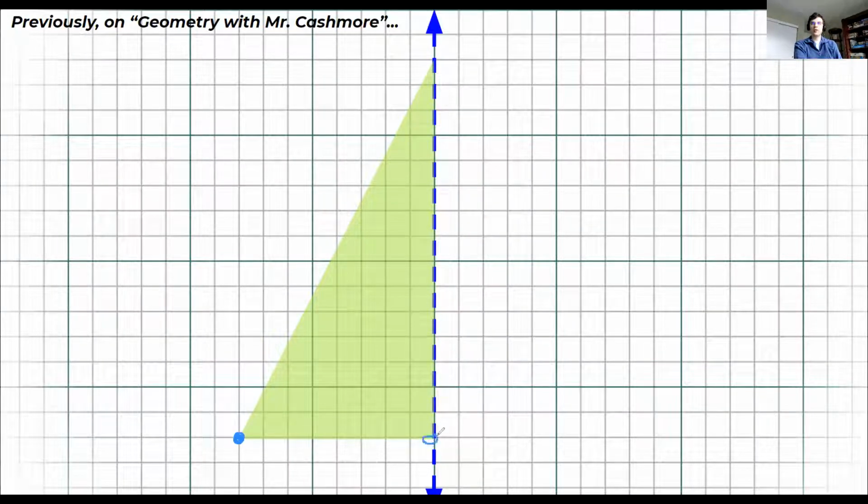I would put a point somewhere on the line of reflection and a point somewhere else, right? I was allowed to choose where my points on the line of reflection would be so I could change the height of the triangle, right? And then this other one, the third one that's over here, I could move that around to make it wider or whatever, right? I could even move it up here and make it upside down. Now, after I do this, what was the next thing we did? Well, we